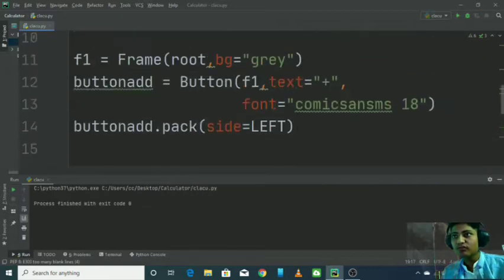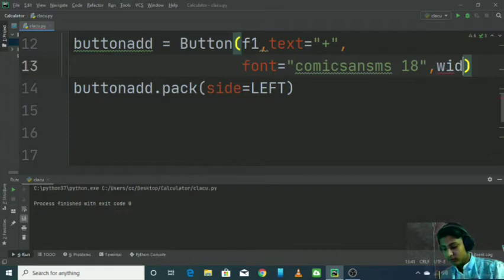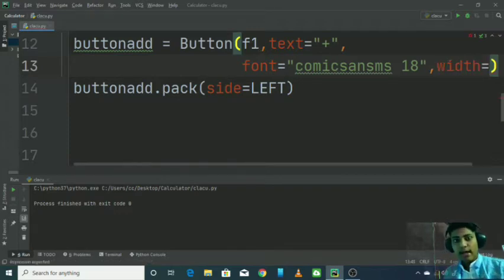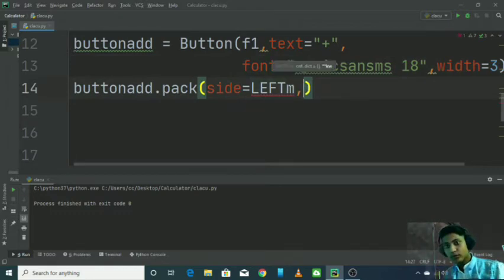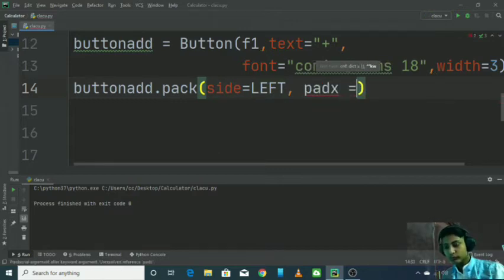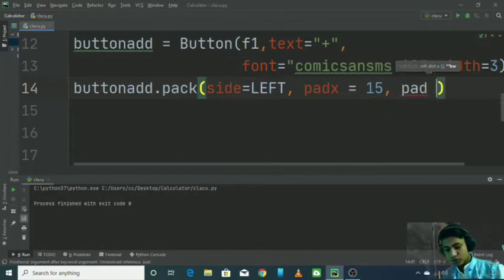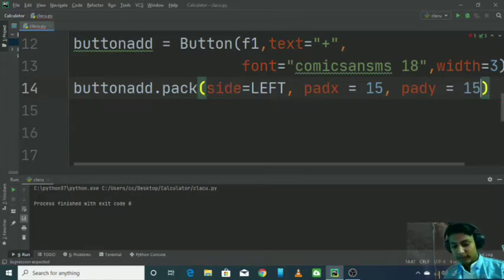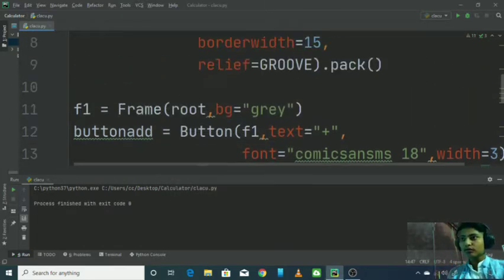Now the width of the button and padx, pady, so let's say here comma width equals to 3 and the padx and pady here, so let padx equals to 15 comma pady equals to 15. Let's check. Here it is, a pretty well button, and then 4 buttons here, so copy